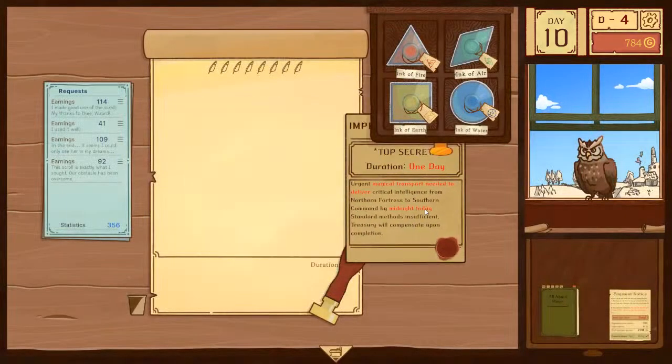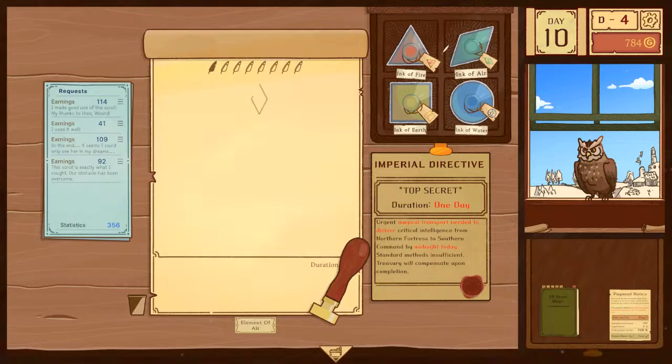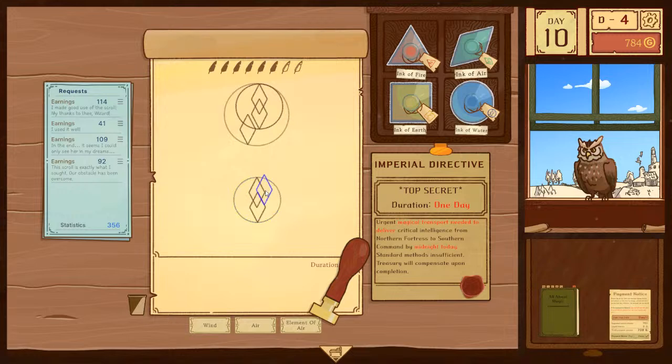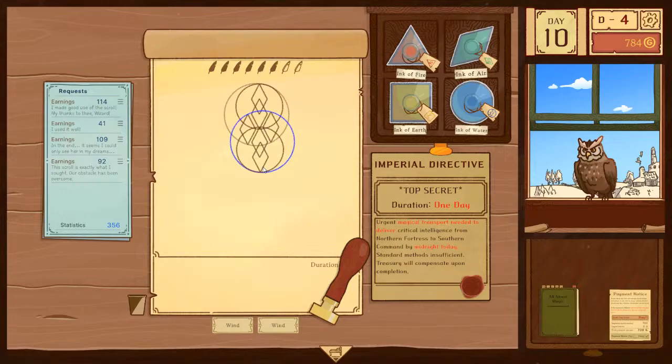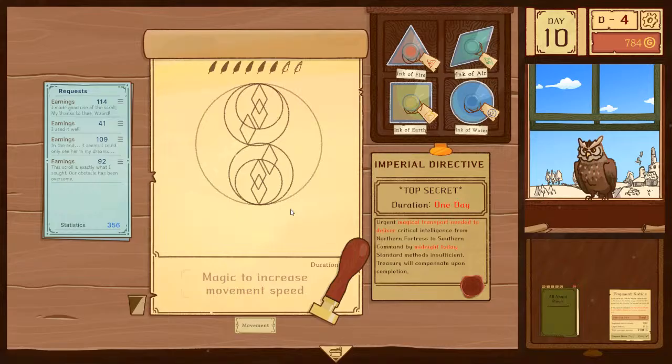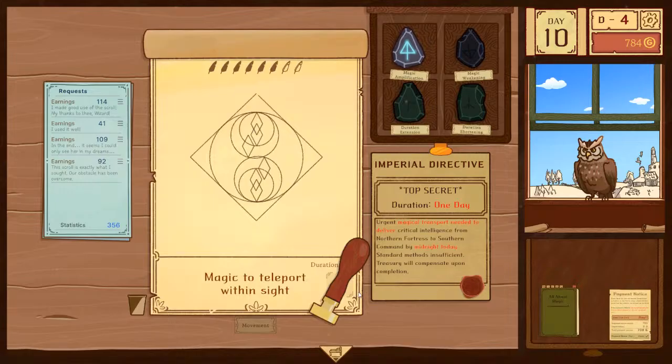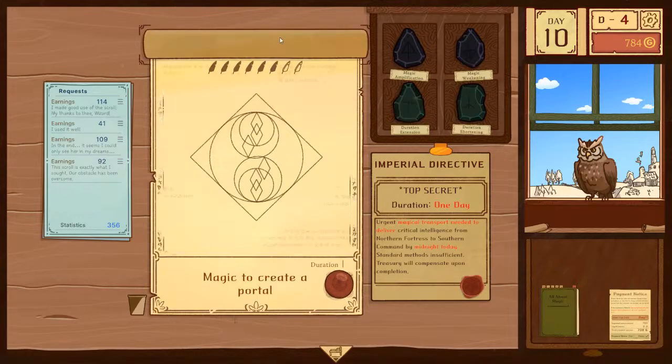Treasure will compensate upon completion. We need some swiftness. Portal. 1 day.